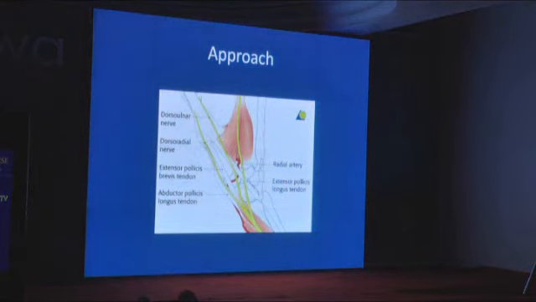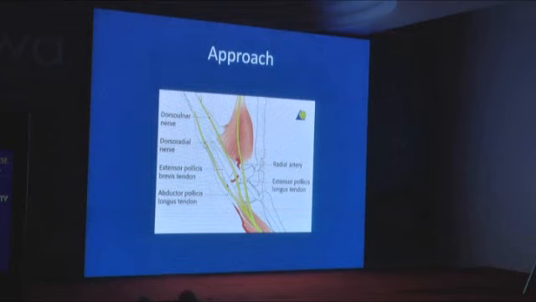So to get movements, for that you need to open. When you need to open, you need to understand that the branches of the superficial radial nerve are so thin and just under the skin. So as soon as you cut the skin, you need to look for it, and once you look for it, you can see the 2 branches going on both sides of the extensor pollicis brevis and one of them going across the abductor pollicis longus. So there will be 2 or 3 branches, and once you see them, protect them, and then you can proceed.